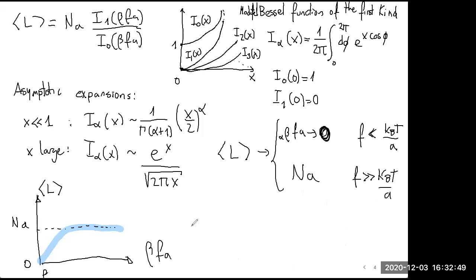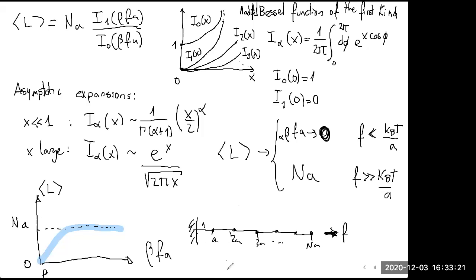Na is when you have all the polymer, and the force is very, very strong. So you will have all the polymer in a line. The force is so strong that it's totally stiff in a line like this, okay? The force is very, very, very strong here. So the average L is Na. This is 1, this is A, this is 2A, this is 3A, up to Na here. When the force is